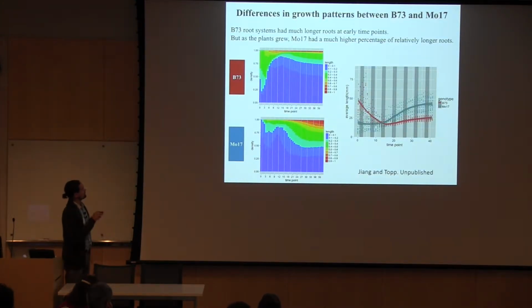So again, just these 2 different maize genotypes. Here we're looking at root length, and if you just focus here, it's shown as a density plot. As a function of the total, basically in blue here, these are relatively shorter roots compared to the relatively longer roots, and that's the same here for Missouri 17. And this is just to show you that at the beginning, B73 has relatively longer roots, and that continues